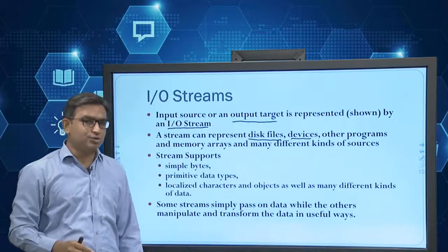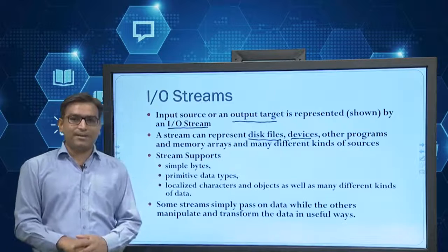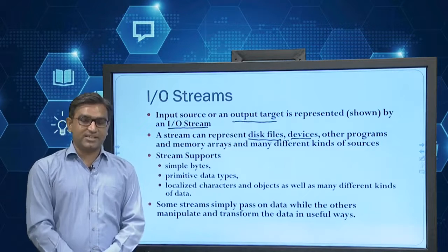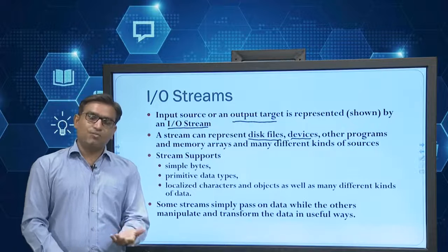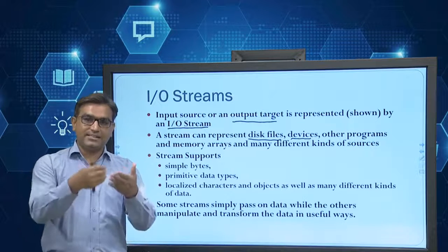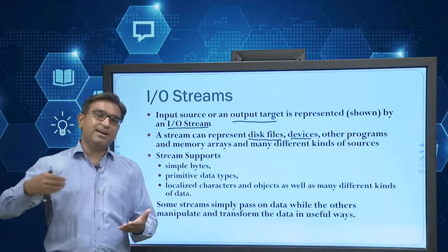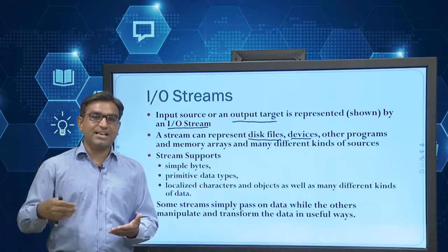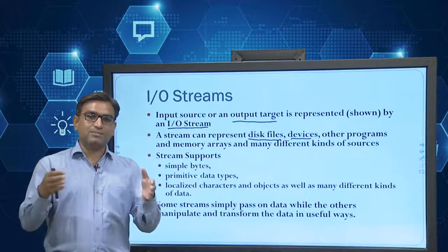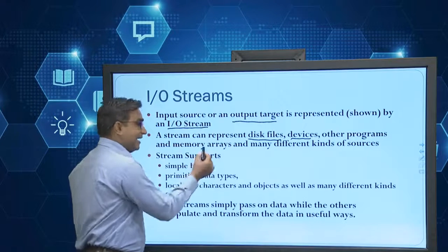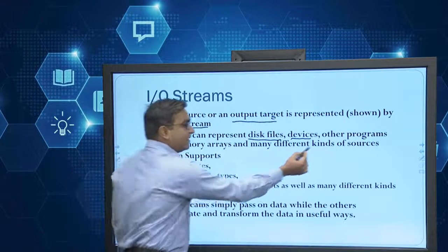We can create any type of source. As you are familiar, when we saw AWT, we can produce an image using the paint method. So what is that? The paint method is receiving some input, like x and y coordinates, and then it's generating my image format as a response type. So input is my parameter and output is my image. So that's storage data, and that memory array is a different kind of source.